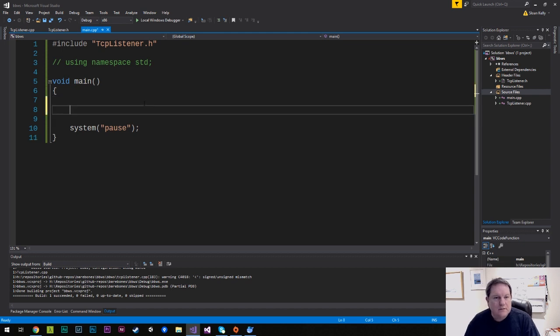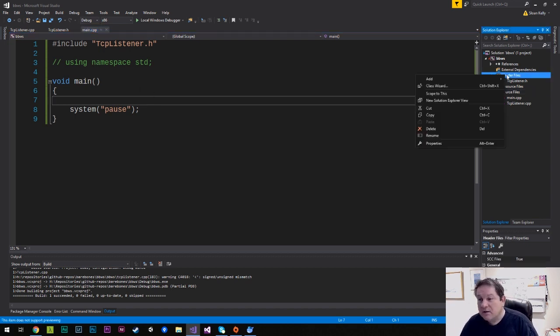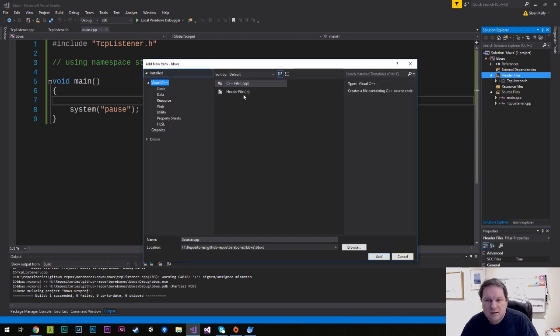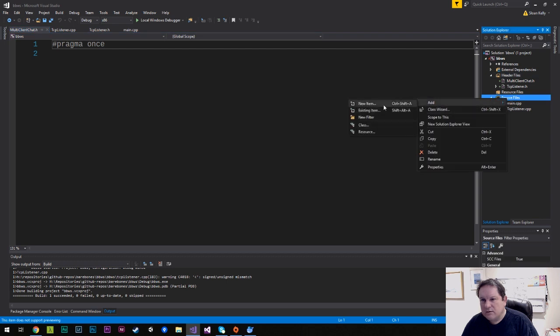So that leaves this in here. So now I'm going to say, well, actually, I don't want a TCP listener. I want something else. So that's our TCP listener. Our TCP listener is going to be used for the web service that we're going to build, but really we want to do this as a proof of concept. So I'm going to create another class, and this is going to be called multi-client listener, or let's call it multi-client chat, and I'm going to create another source file here called